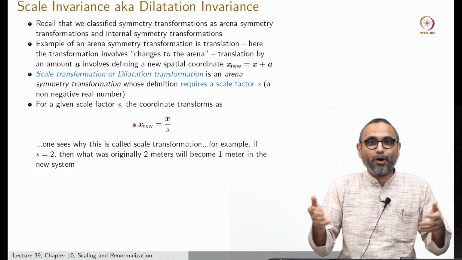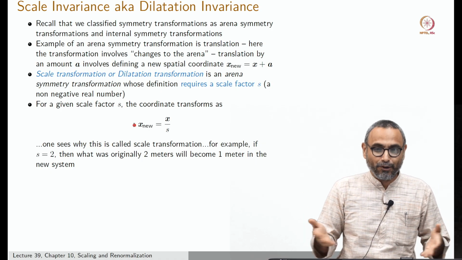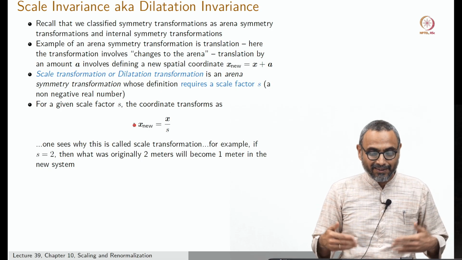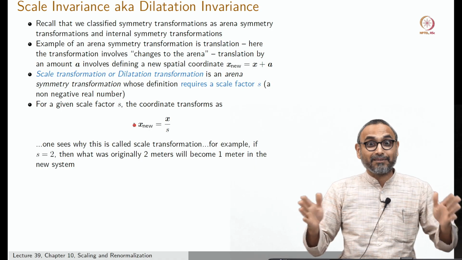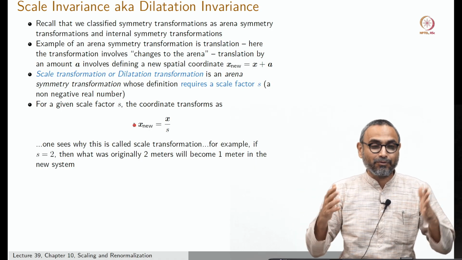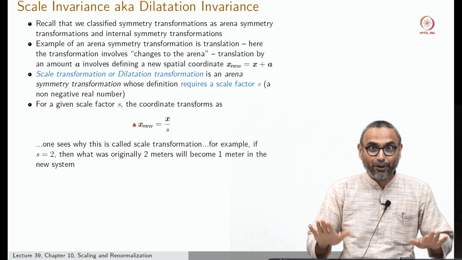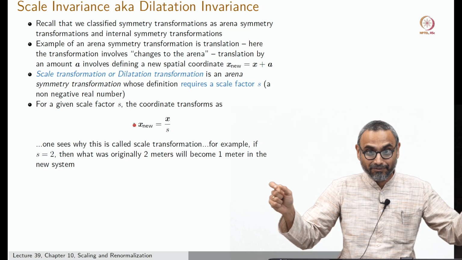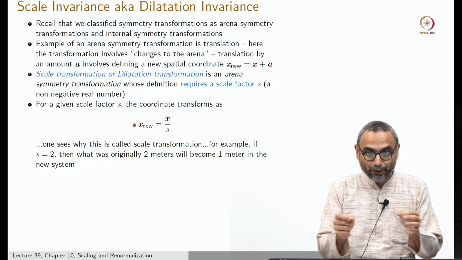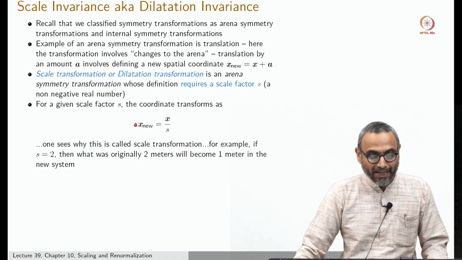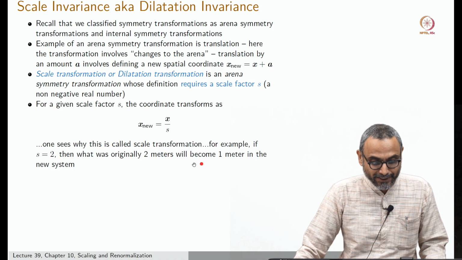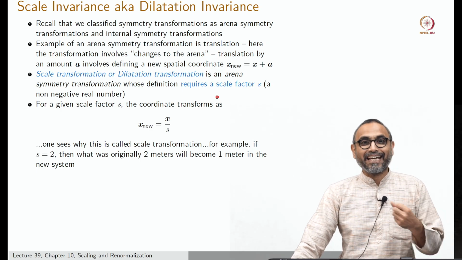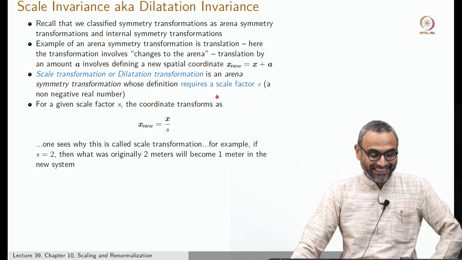This is like, how do we draw a map of a country? If we want to draw a map of India, we can't draw the whole 3000 by 4000 kilometers, so we scale it and draw it on a piece of paper. Very large distances are made into smaller distances, and this is exactly the idea of the scale transformation. So it's very easy to understand what a scale transformation is as far as the coordinates are concerned.